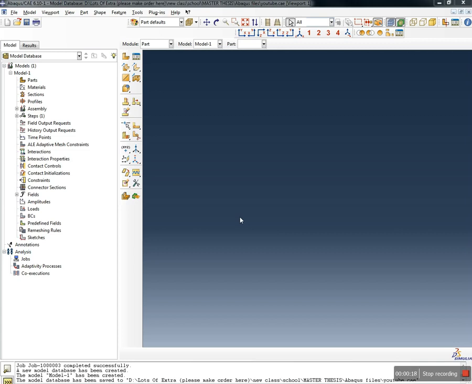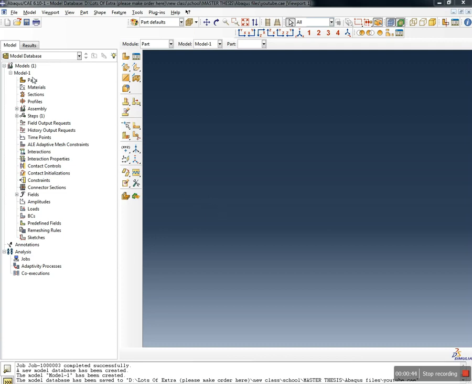So if you are interested in modeling of reinforced concrete in ABAQUS, which of course doesn't have only one way to do it, but this is one of the ways to do it, or if you are interested in how to model seismic loads by means of accelerograms, you should stay tuned. So let's begin and take it step by step